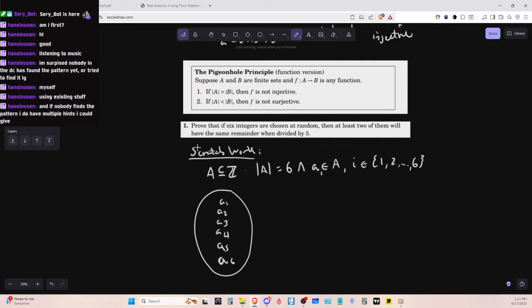At least 2 of them will have the same remainder as 5. So we have an output. So at least 2 of them